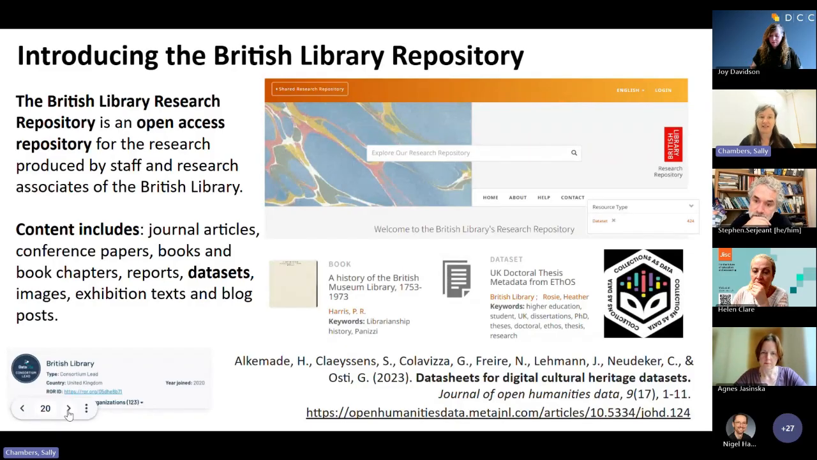So drilling down into a little bit more detail, this is the British Library repository as part of the shared repository service. And here open research is built into it from the start. So here we've got an open access repository, and the content includes all kinds of different research outputs from these different organisations, or from the British Library in this case, such as journal articles, conference papers, books, book chapters, reports,